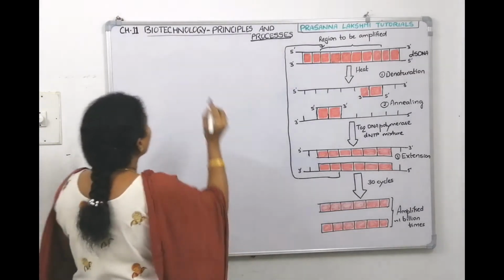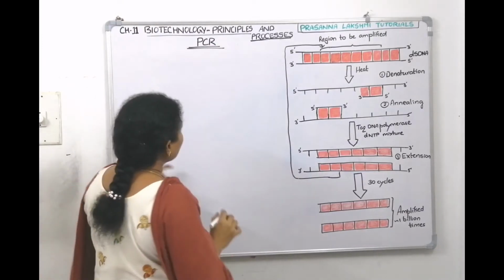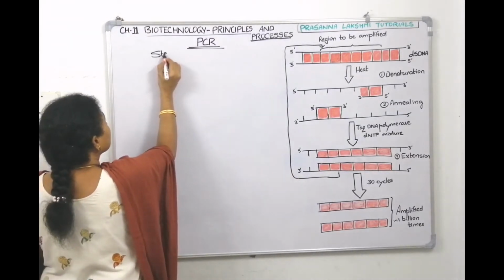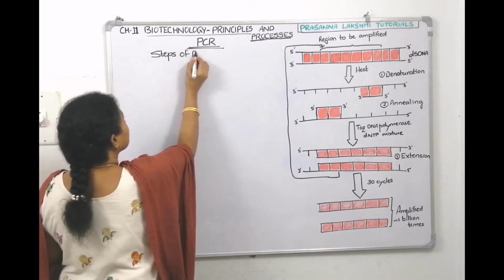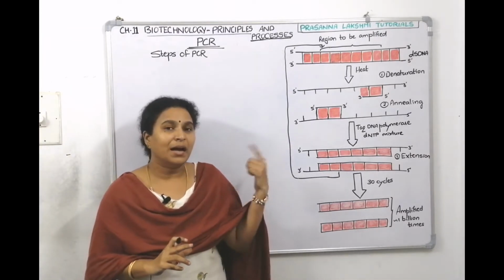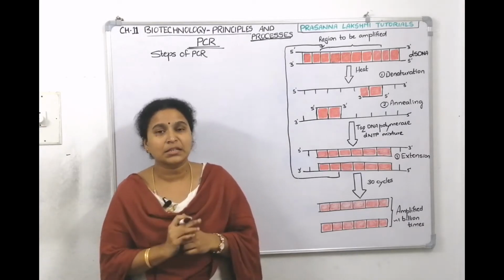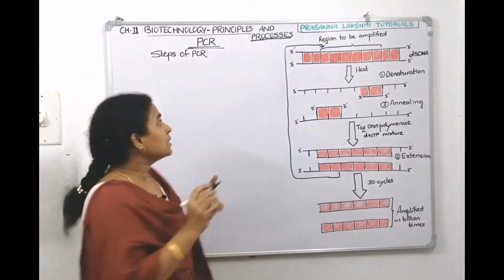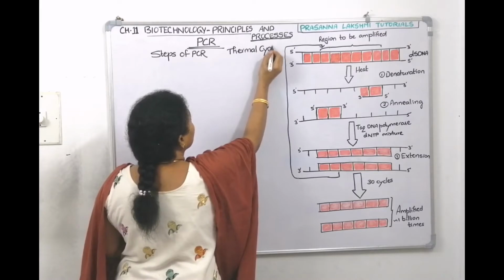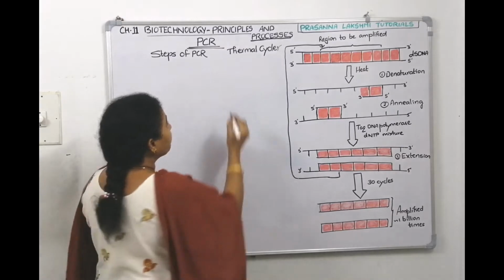Now let's go to PCR. What do we need to do in PCR? What are the steps of the PCR? PCR is called an automated technique, which means it will do as many cycles as you want. What is the name of the machine? Thermal cycler. Right now, if you see the machine,